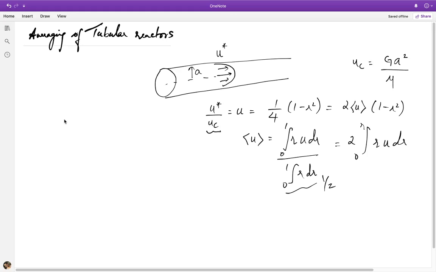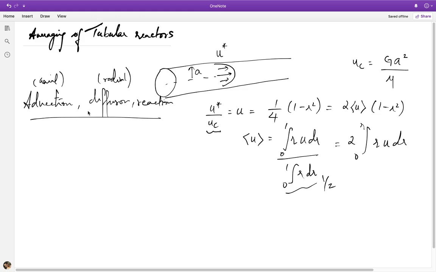Okay, so now let me write down my governing equation. So I'm going to look at the transport equation, which has axial advection, diffusion as well of the solute, radial diffusion of the reactant or solute, and reaction. So the advection, diffusion, reaction equation is what we're going to start with, under the assumption that we have steady state